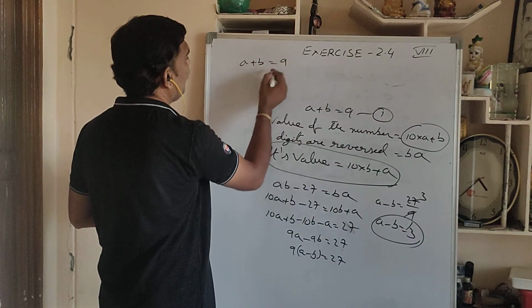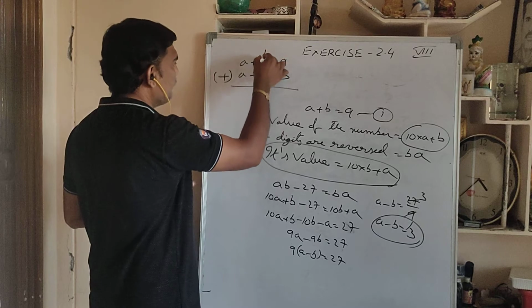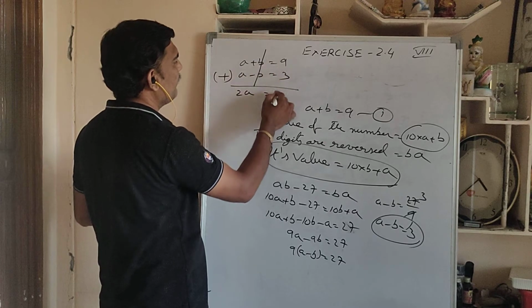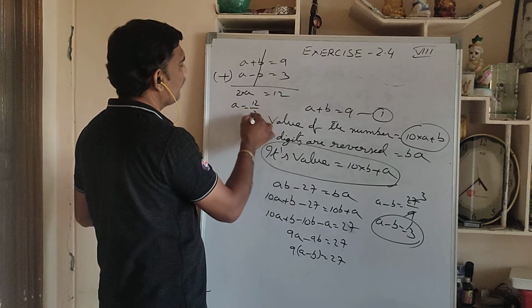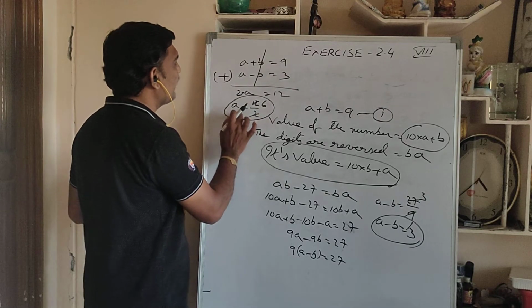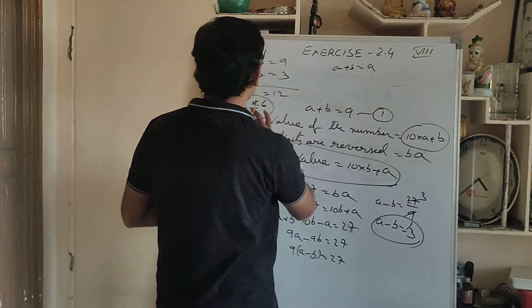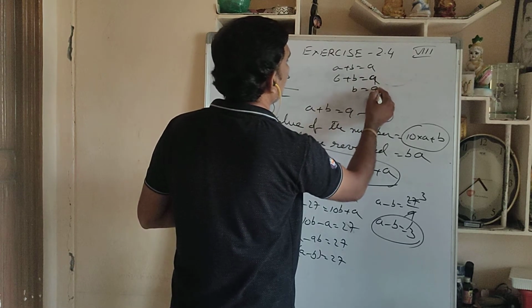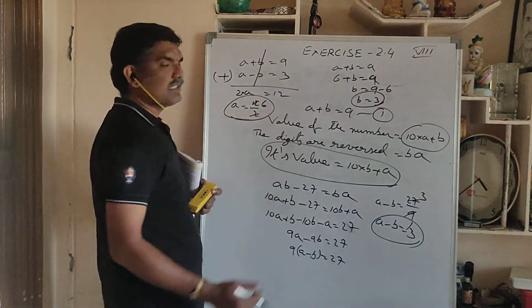A plus B is equal to 9. A minus B is equal to 3. If I add these two equations, plus B and minus B will cancel. For 1A, if you add another A, 2A is equal to 9 plus 3, which is 12. A is equal to, this 2 is multiplying here, so take it to this side: 12 by 2. A is equal to how much did you get? 6. If A is 6, substitute the A value in 1 or 2. A plus B is equal to 9, A means 6, so 6 plus B is equal to 9. B is equal to 9 minus 6. B is equal to how much here? 3.